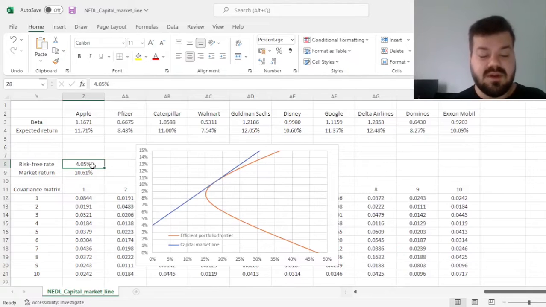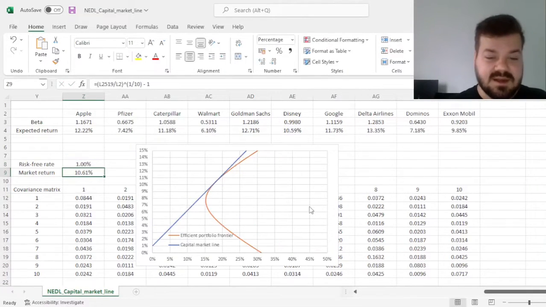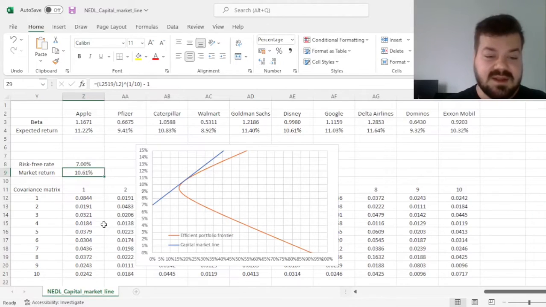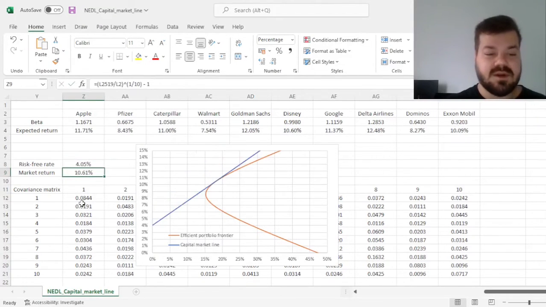For example, we can reduce our risk-free rate, let's say to 1%. That would make our capital market line a little bit steeper. Or we can increase it to something like 7%, and we can see how much shallower, how much less steep it becomes. But let's return to 4.05%